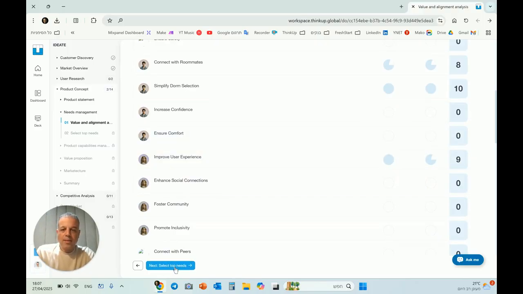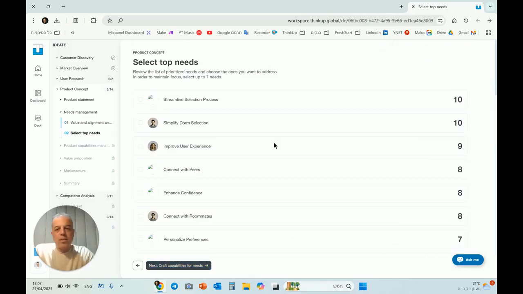Cool. Then clicking on next, it basically filters the different needs by their ranking. So you see the first ones are ranked 10. These are the most important ones. Simplify dorm selection and streamline selection. Now, you can select up to 7 needs. Okay, let's pick 3. Now, I advise that you do the same, meaning start with your top most important needs, and then if you feel you need to add to those, come back to the screen and add yours. All right. Next,